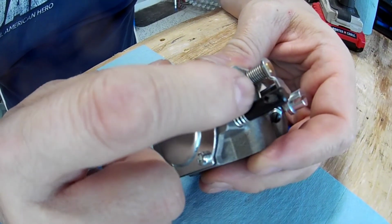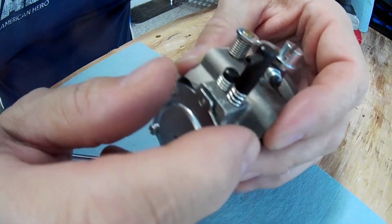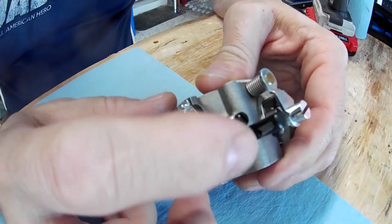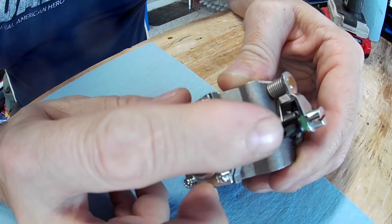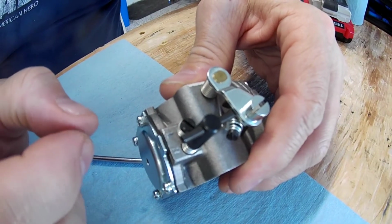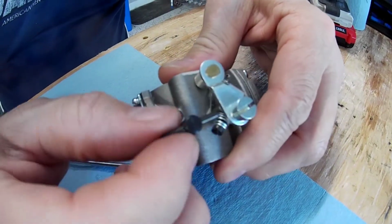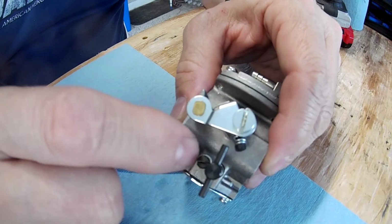I'm going to take this out, and I'm going to go to Lowe's, and you can get one of these pressure fit pins in the auto parts section, or the screws, nuts, and bolts aisle, the custom parts in the drawers. And I'm going to get one of these. All it is is a tube that has a slit down one side, and you squeeze it easily with a pair of pliers to compress it enough that it fits through that hole, and let go, and it opens back up, and then it won't come out. And that makes it so much easier to adjust, because once you get this low one set,